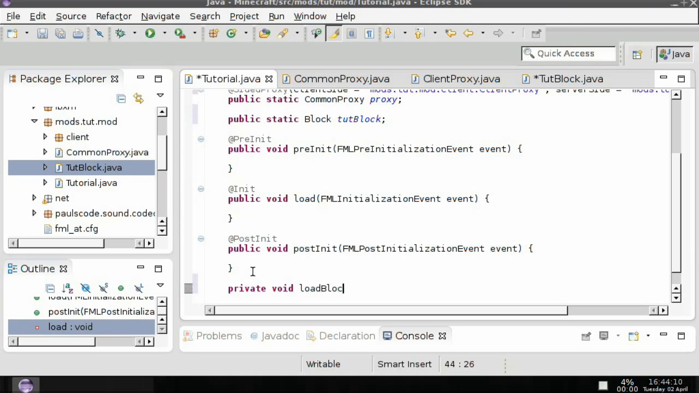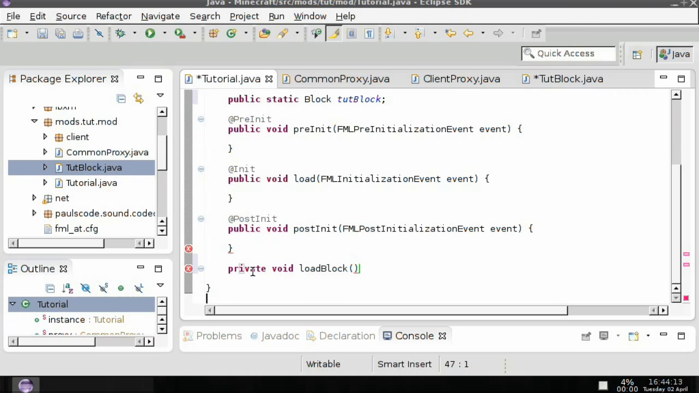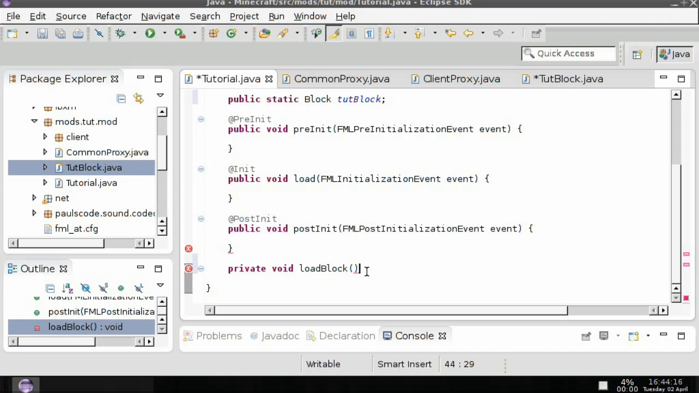Load block, and then in here what we're going to do is actually instantiate all of the blocks. I don't know why it'd be load, but anyway. Oh yeah, okay. So tut block, which is the one we just made, equals new, then the class we just made, and then in here we want to put the ID followed by the material, which in this case will be rock,